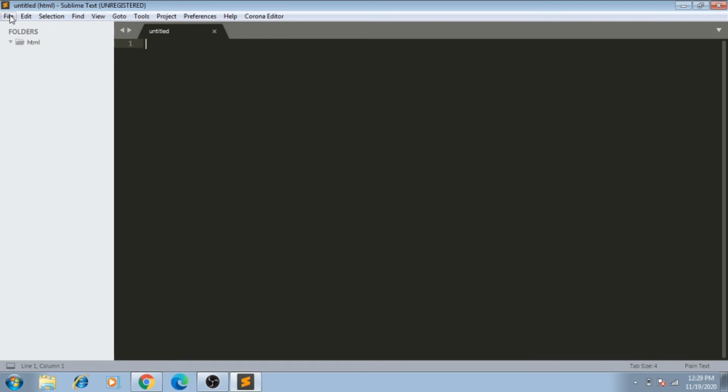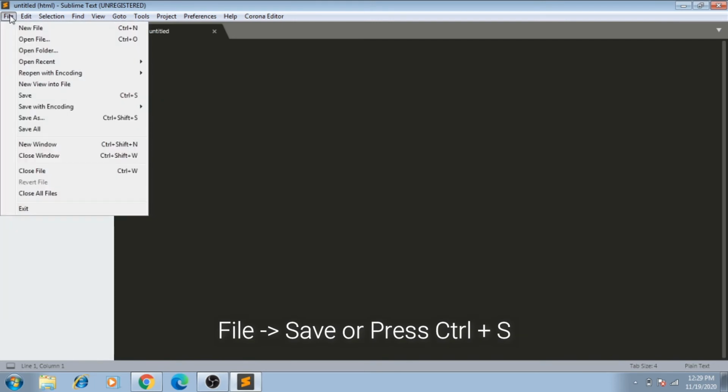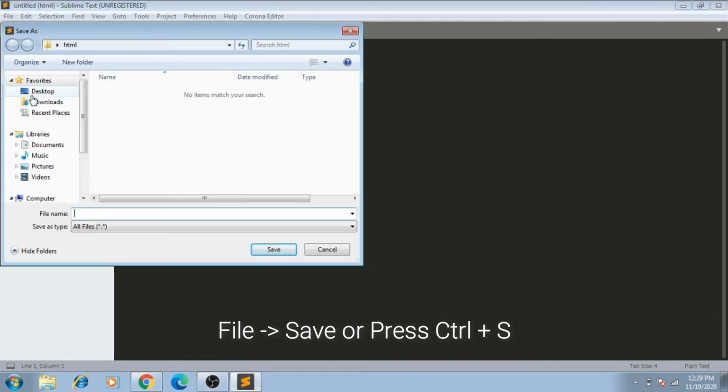So, click on the Save option from the File menu or press the Ctrl S shortcut key to open the dialog box. In this dialog box, I will give the name hello.html. Hello is the name of the file and HTML is the extension that is required to save the HTML document.